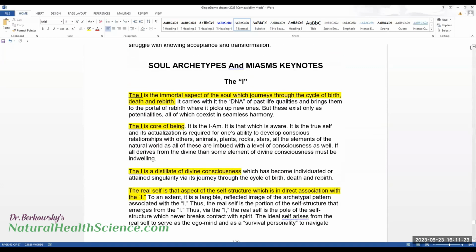So what is the I? So the I is the immortal aspect of the soul, which journeys through the cycle of birth, death, and rebirth. In other words, if you accept the premise that you have had many lives leading up to this life. Now, this may be the culminating one. For me personally, that's my hope, that this is my culminating incarnation, that I'm done with having to be in